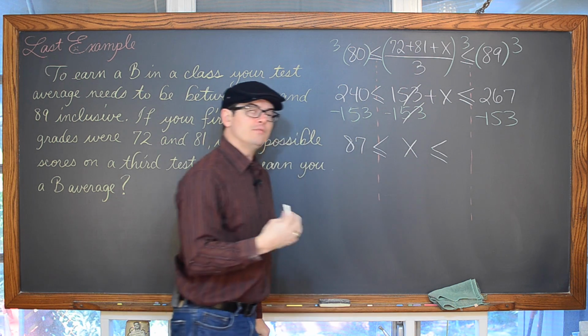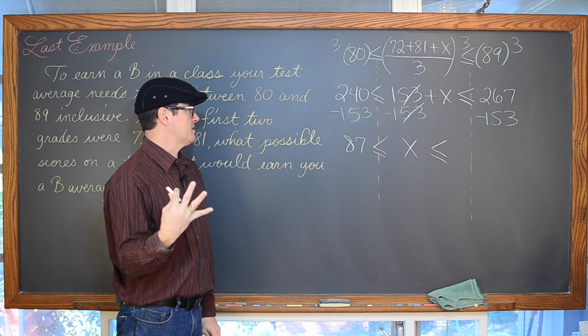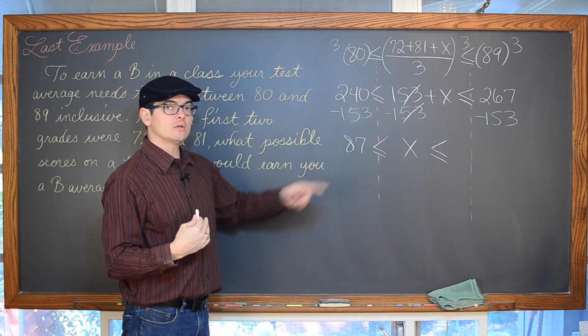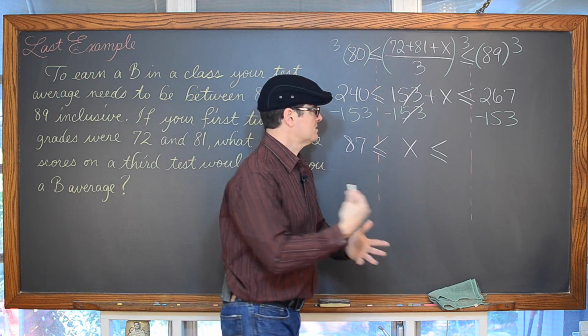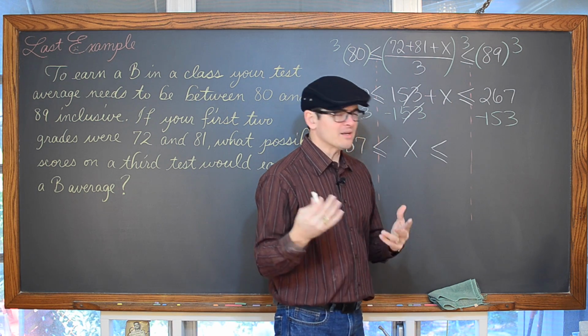Okay, so if you want to earn that B average with these three test grades, the lowest you can get on that third test is an 87. Now, can we get above 89? Can we get into the 90s? I know it's not part of the question, but